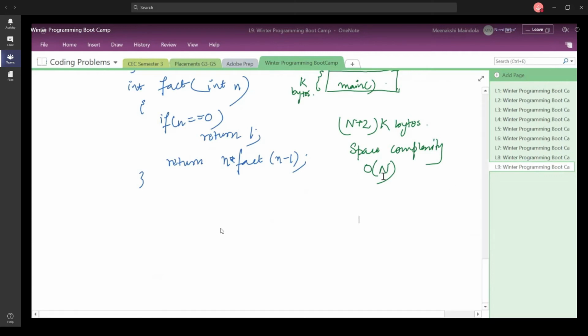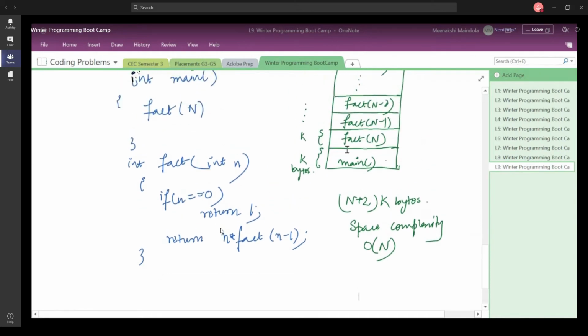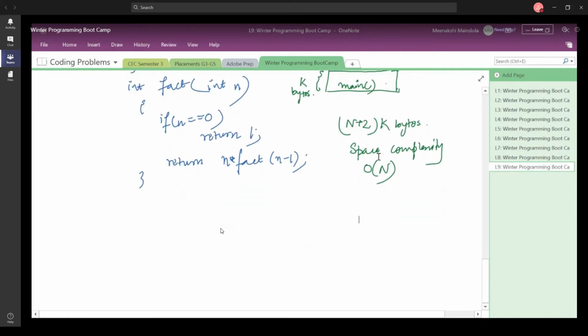Variables are going to take up some space on the stack, right? But these variables are going to come under these sections only. So if you have a variable inside main, it is going to be under this particular section. That is why we've said that let us suppose this is taking up k bytes. So if you have certain variables, it is going to take up k bytes. K in your case can be, let us say, space for one variable or even two variables.